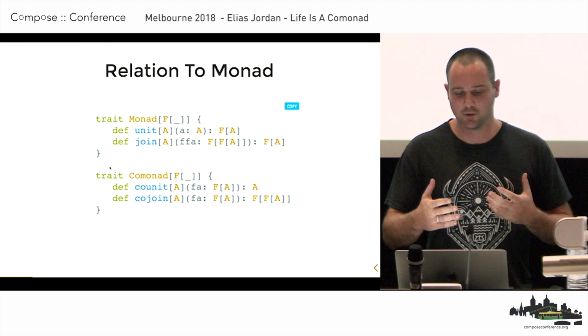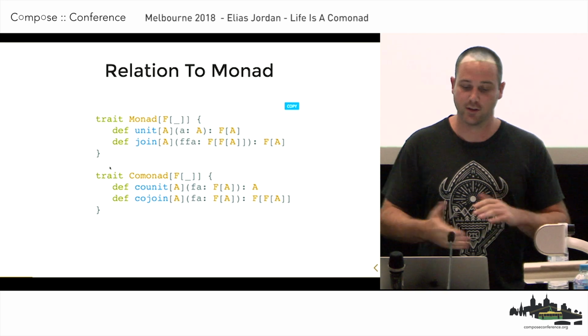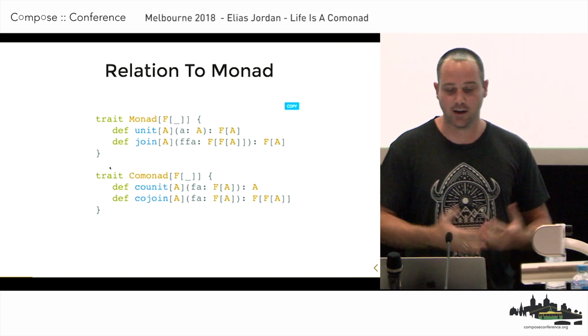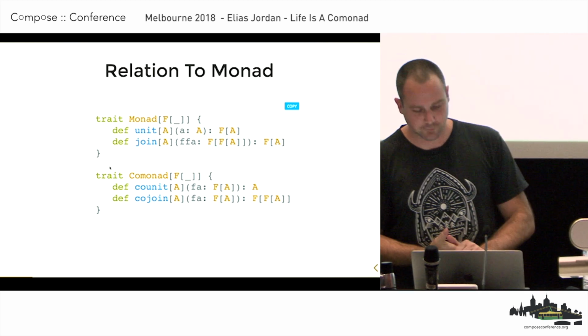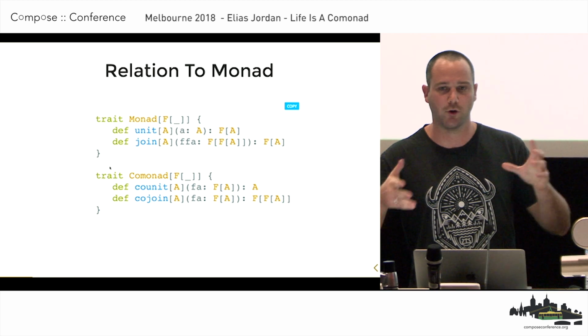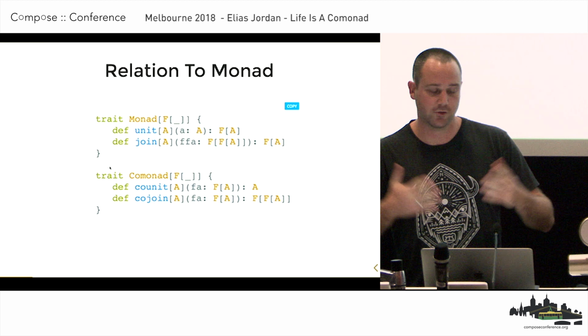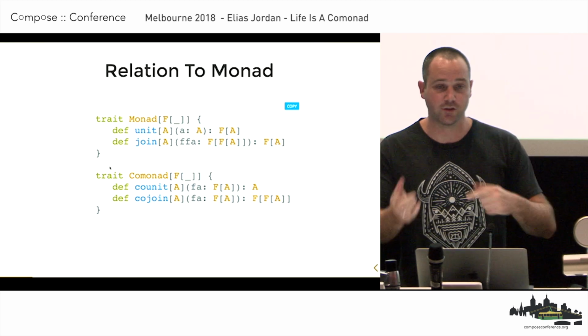And so at the top of the slide there, you can see we have the definition of a monad, which has two functions. It has a unit function, which wraps some pure value, and then has a join, which merges two F structures in some way. So you can think of that like option or maybe, or either. There's lots of examples.